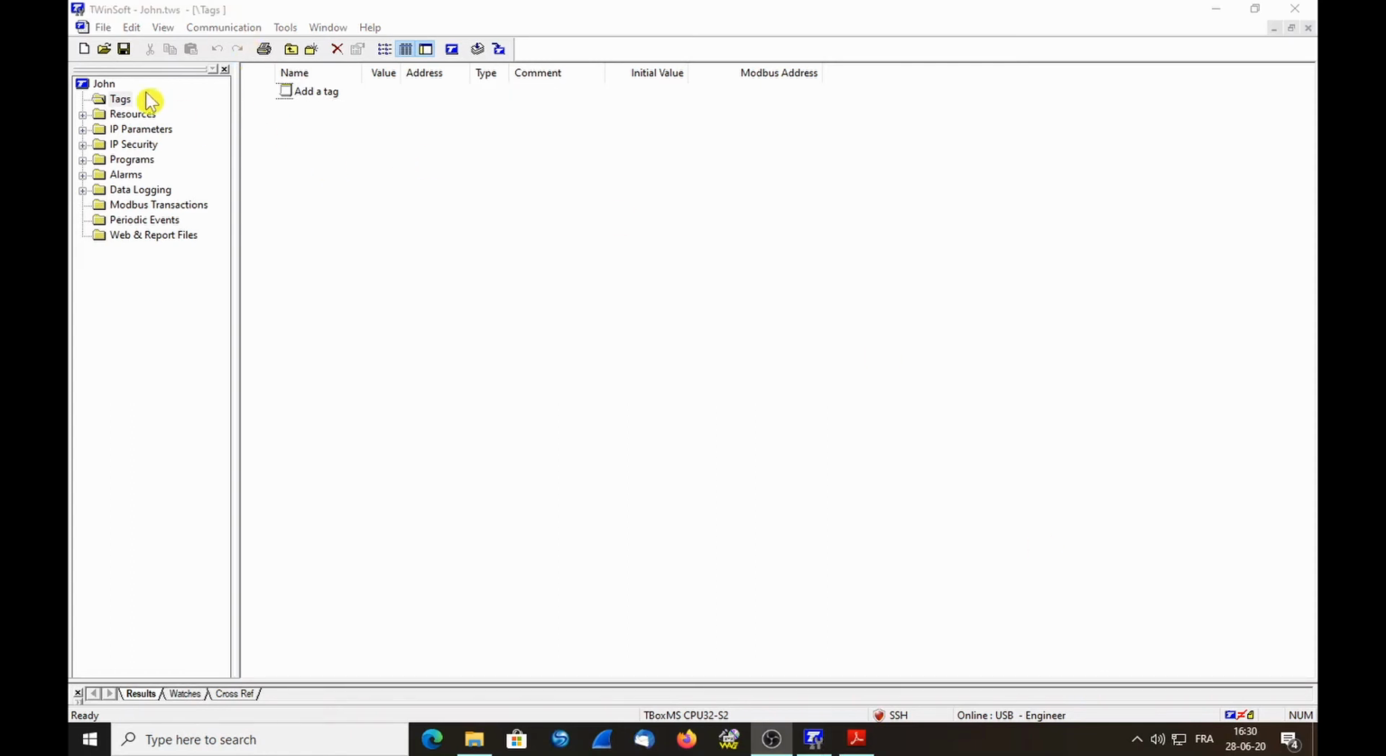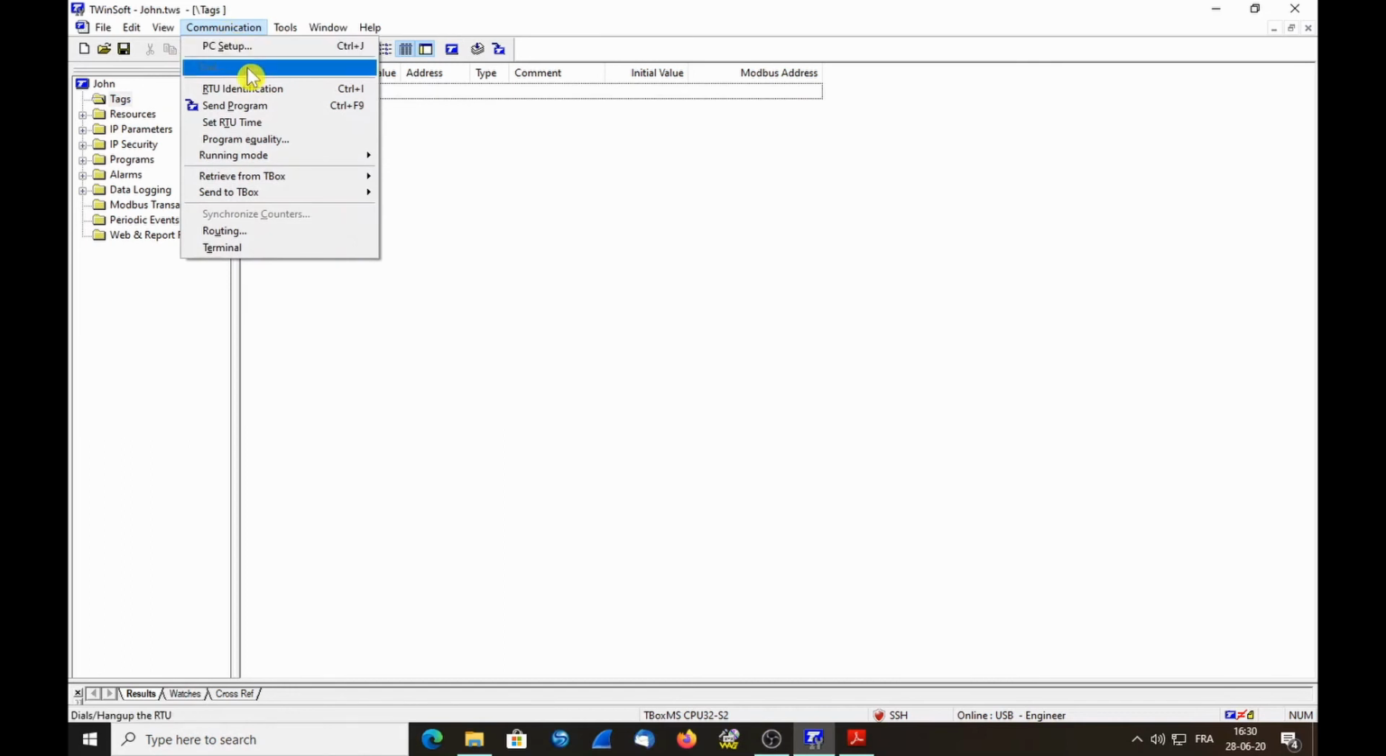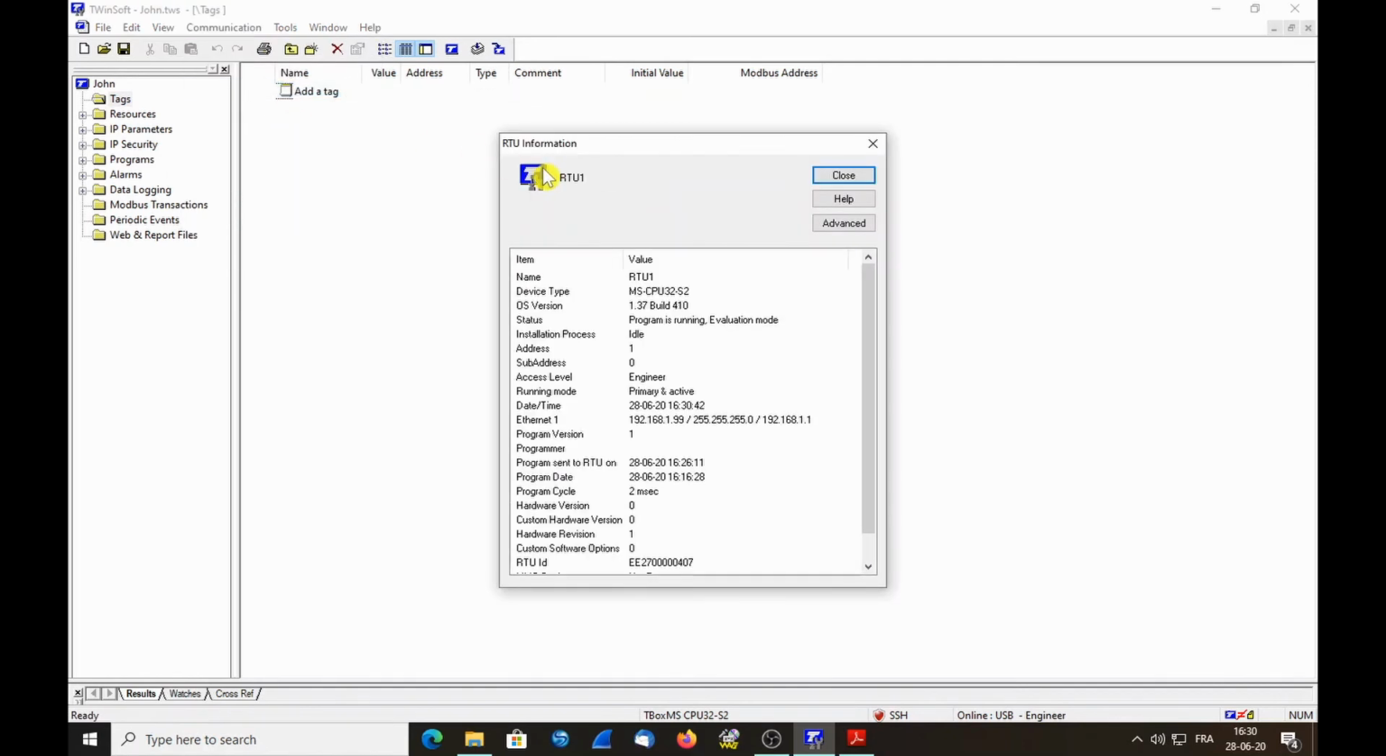Let's take a look at the communication menu again. So we see now we have access to many more sub-menus, and one of them is RTU identification. In this menu we see data inside the TBox. So we see its name, we see which model of TBox we are connected to, we see which firmware is running inside. We see the status of the program, and we see interesting information that it runs in evaluation